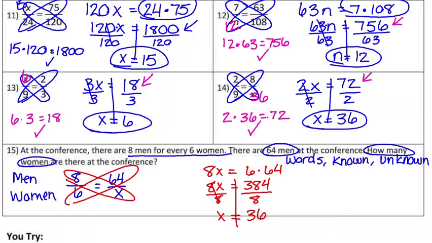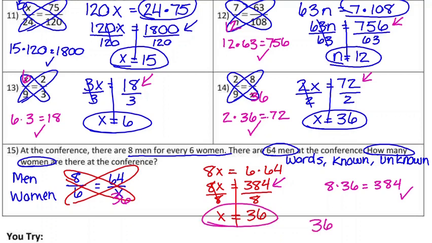If I plug 36 back in where x should go, 8 times 36 is going to be my check step. And it should equal 384. If I check that, I do get it right. So my final answer is going to be 36. And make sure you label it. What is it? Apples, oranges, monkey swinging in the tree, coconuts. It turns out it's in the women row, so it's 36 women